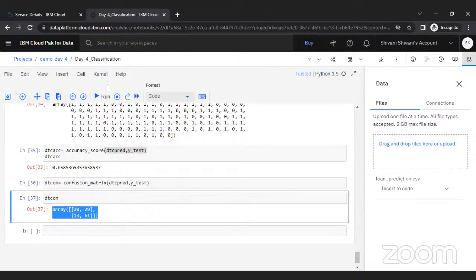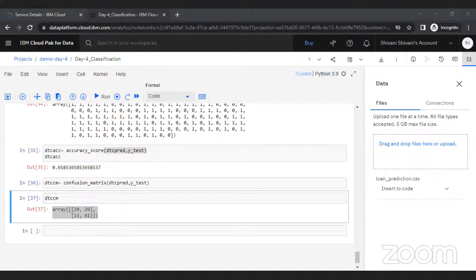So let us see our last algorithm for today, that is random forest classification. So random forest is the implementation of a number of decision trees. Here we have a single decision tree and a decision is made by this decision tree. Here in random forest, we will have n